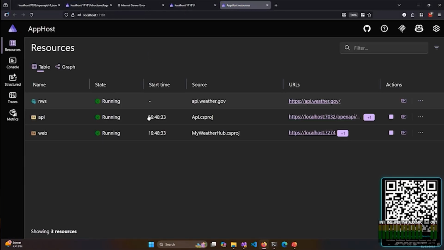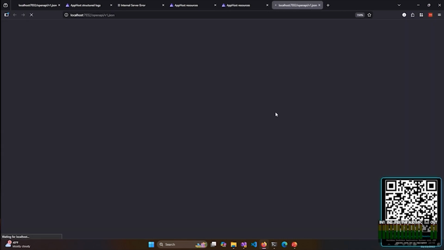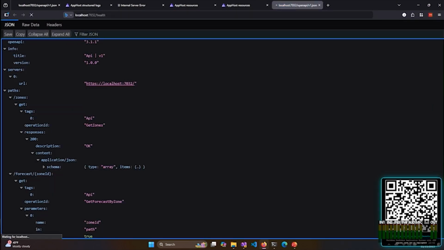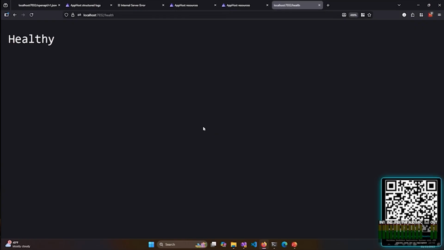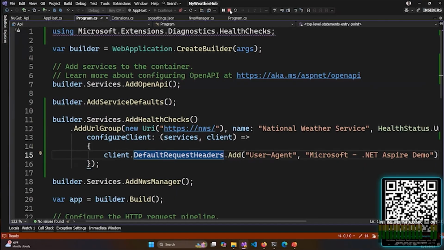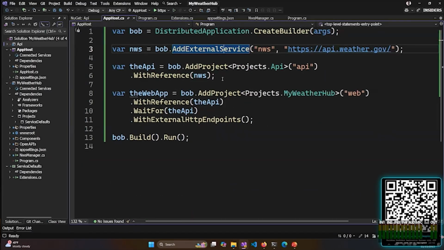We'll be able to see, when I go to the API, there is a health endpoint here that's enabled on all of my services, and it comes back and says healthy. That's not very exciting, but if I go back into app host, and if I still have that problem with